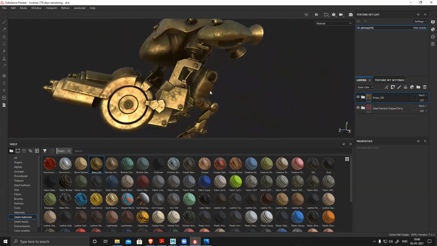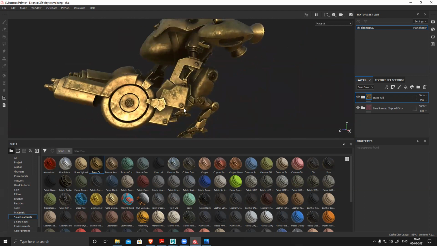Most of the work, because Substance is so versatile and so easy to use, you can generate amazing quality texture within no time. Usually, traditionally, if you do it in Photoshop, it will take 1 week or 10 days to texture properly. But if you do it in Substance, you can do it within 2-3 days with perfect quality, without any error. And the best part is there is no seam, there is no artifact, there is no issue, there is no overlapping, nothing. Everything will be sorted and handled by the software.